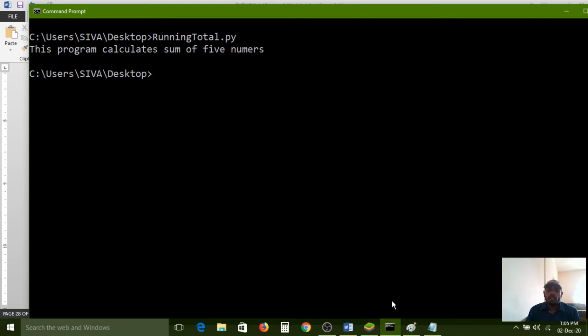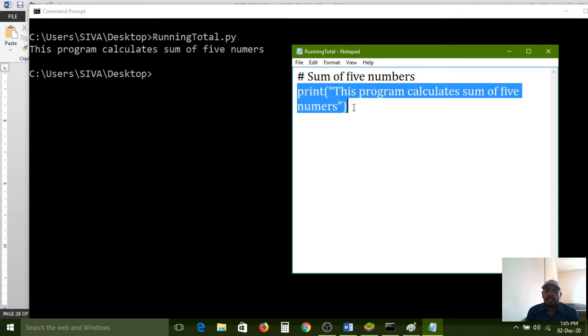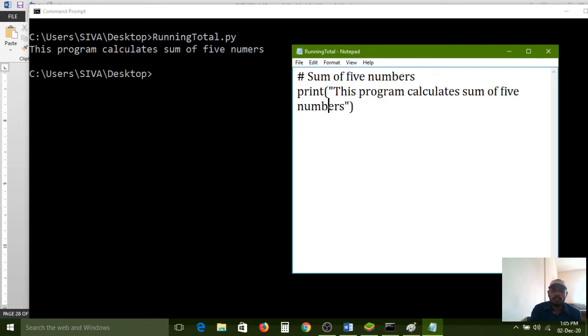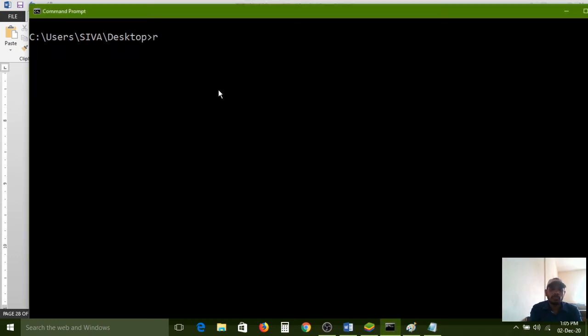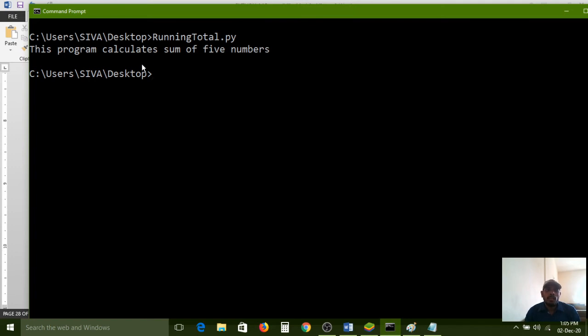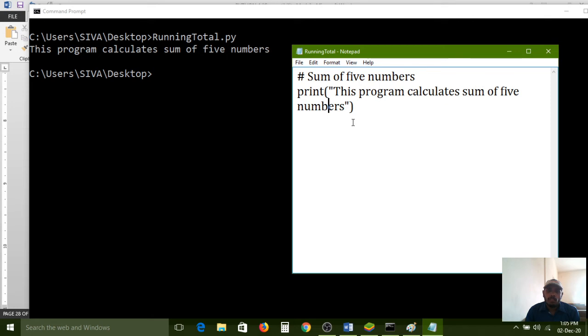Here we have written only 2 lines of code: the first is the program name and the second is the program heading. By reading this line, we can understand this program belongs to the sum of 5 numbers. Am I correct or not? Yes. After that, the cursor is blinking at the next line position. We don't have any extra code; if you want to execute extra code, we need to write it.